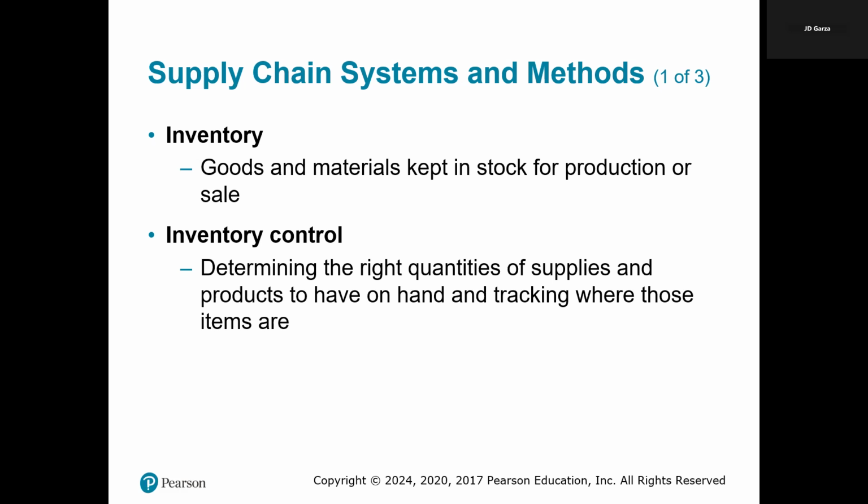Let's just say an example here: a supermarket chain. It uses an inventory control system to monitor product turnover rate. When certain food items are low in stock, automated systems then trigger reorders, preventing stockouts while minimizing waste from overstocking. Having effective inventory control also reduces costs by preventing overstocking or understocking, minimizing wastage, and ensuring the products are available when the customer needs them. Okay, keep that in mind.